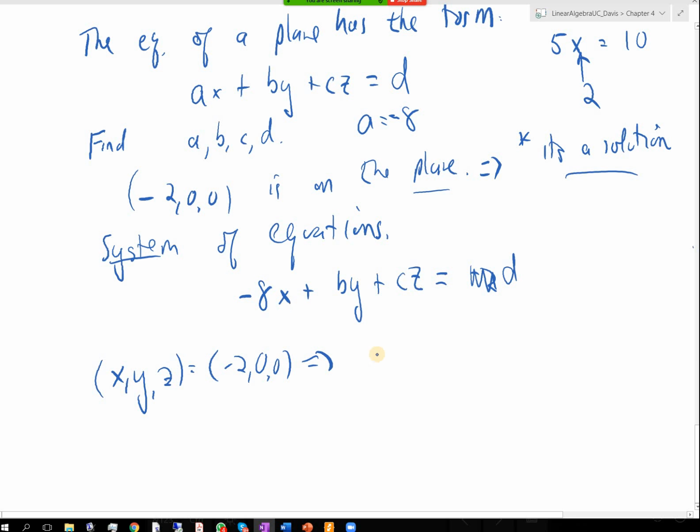So you get, like you said, negative 8 times minus 2 plus, and then these just zero out. Mm-hmm. So we get minus 16. So what does that tell me? And so, working backwards. Now, is it negative 16 or positive 16? It's a positive 16. Yeah, sorry. Okay, no worries. Okay, so that tells us